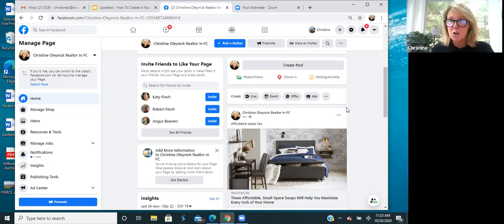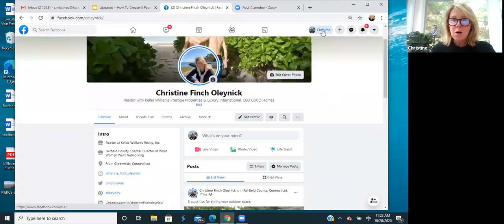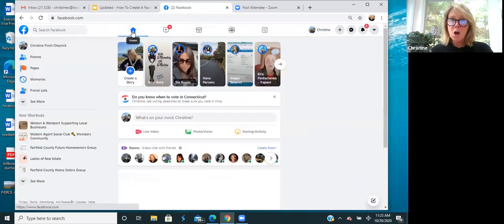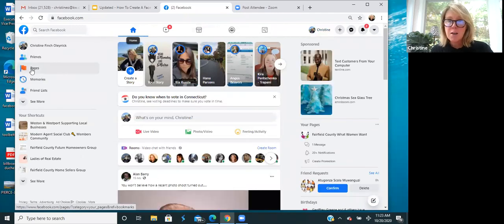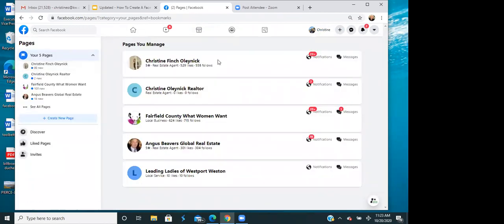Why don't I show you right here? You're going to go up to your little toggle, your name up there. I just went home, and I'm going to go right over here to the home icon, and then it's going to show all your pages. If I'm going too quickly, let me know, but you'll see I'm in pages over here. I'm going to click on that, and here are all my pages.